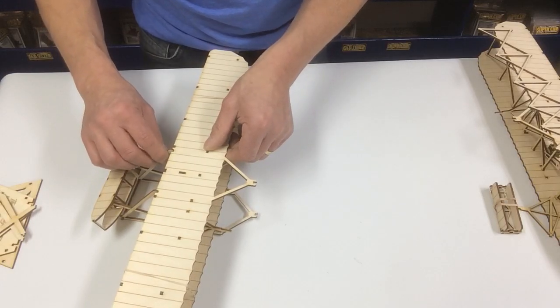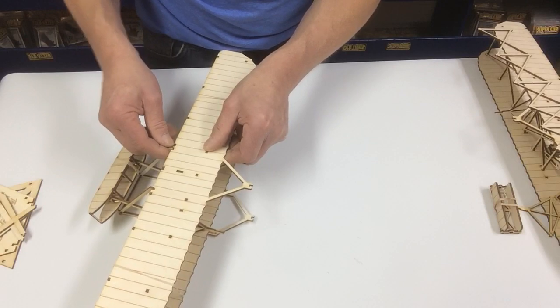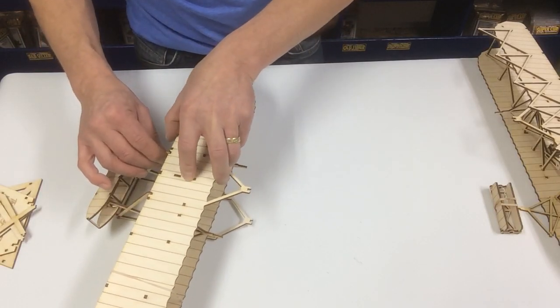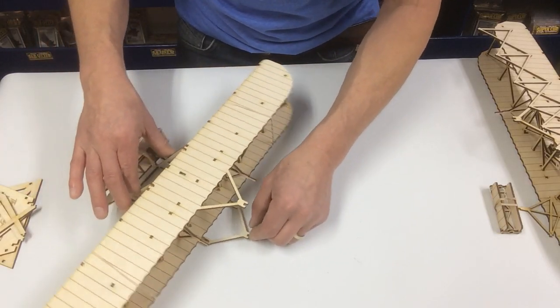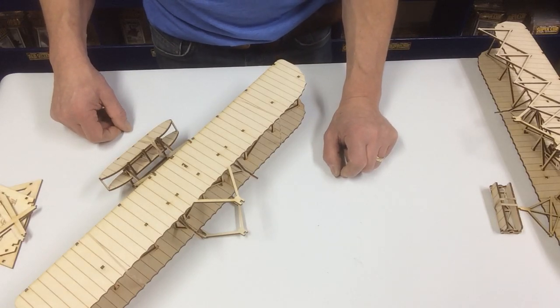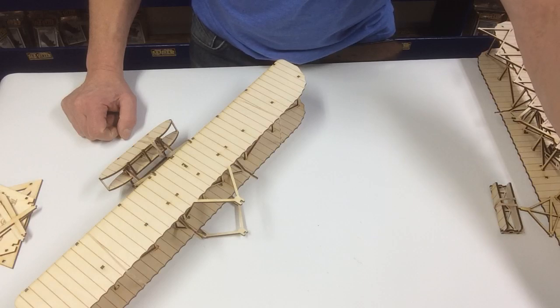and you align that. There that side went in, and there that side went in. Okay, so we got that. Let's see where our directions take us. We're going to